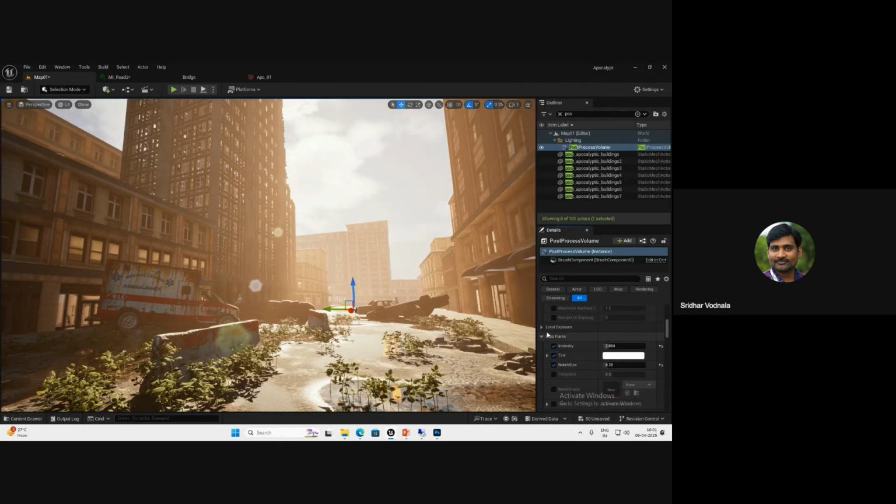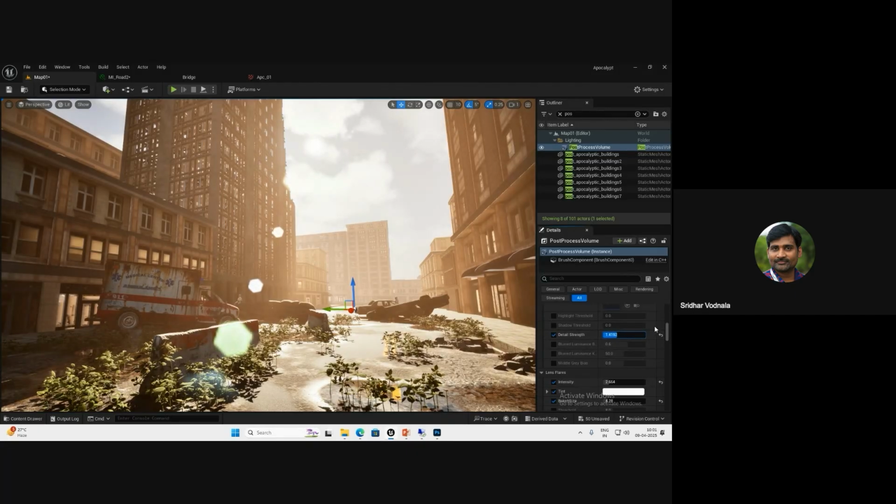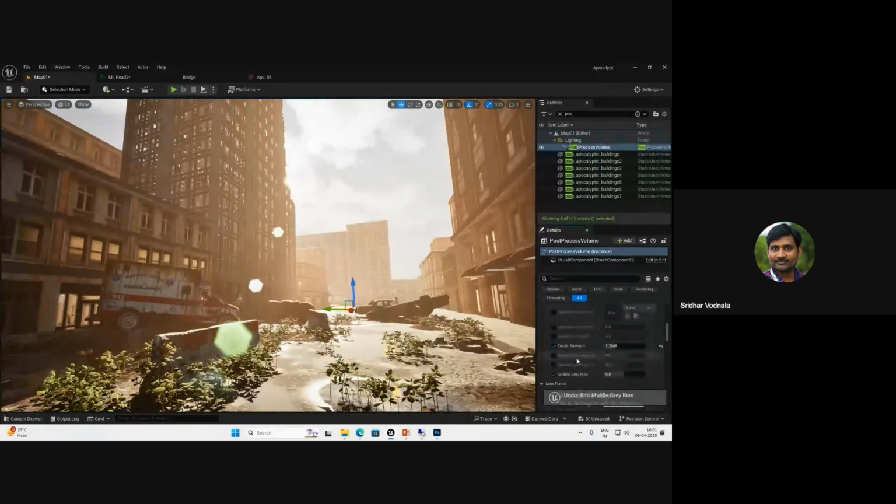Okay. And the next one is the local exposure. It is going to add a little brightness that you want to add to your scene. Like exposure, something that just strengthens everything. You can see it is going to show more detailing in your scene. It's a little blurry in the previous scene. Now you can see more detailing of your environment. Yes. So like this, you can add detailing and blurriness, and the middle gray bars. You can add the kind of grace and everything here. Okay, and the shadow threshold, you can adjust the little values that will make it more interesting